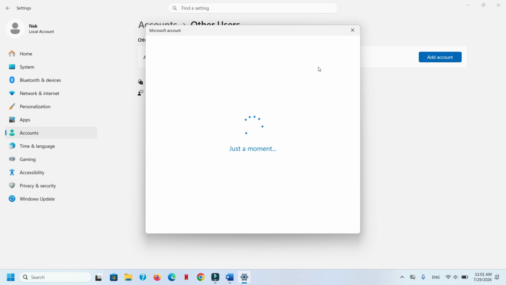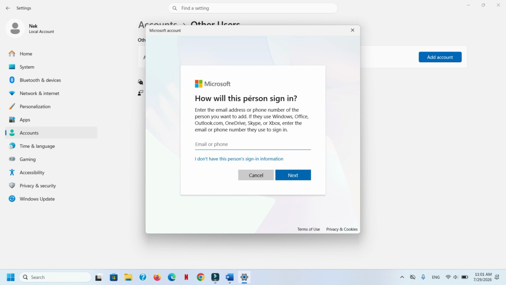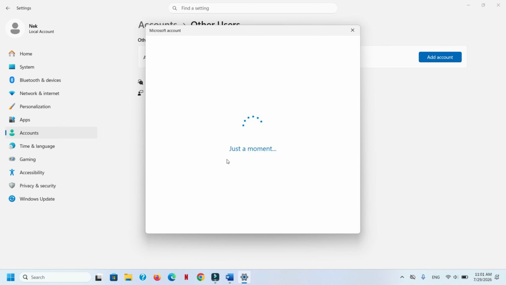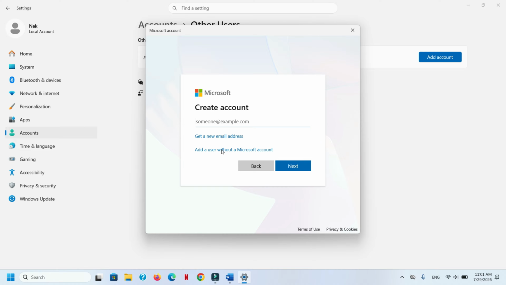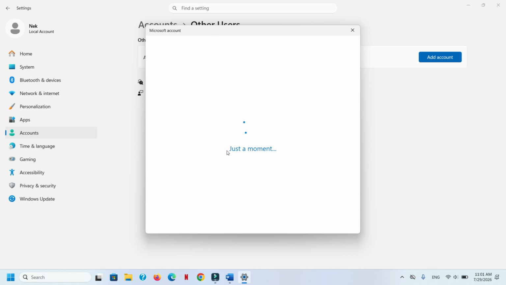A pop-up window appears and asks you how this person signs in. I don't have this person's sign-in information, so press here. Press Add a user without a Microsoft account because we don't want to create a new Microsoft account.